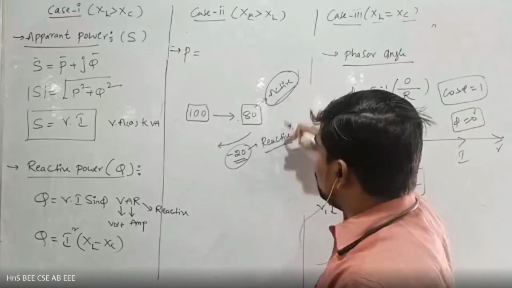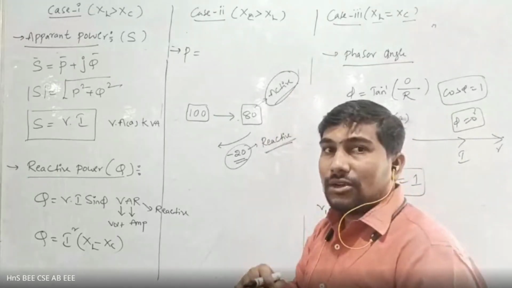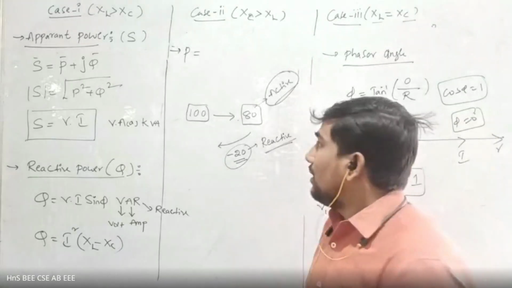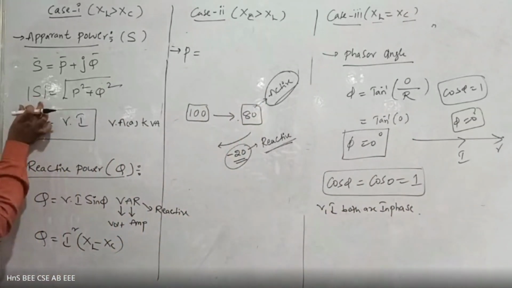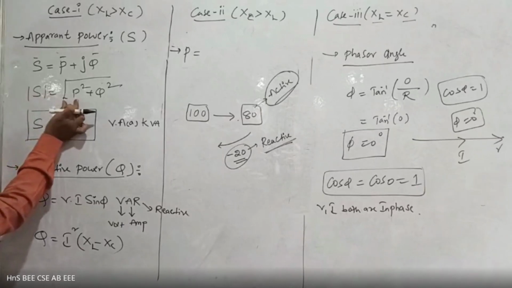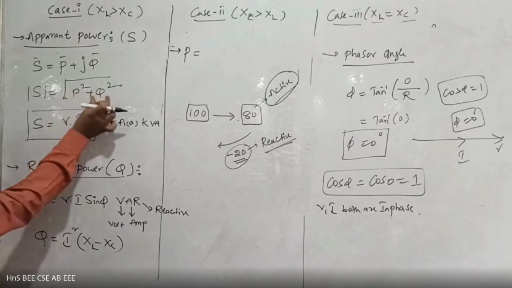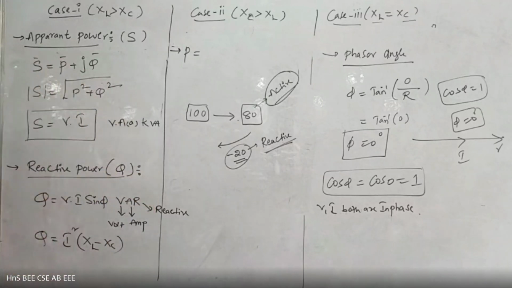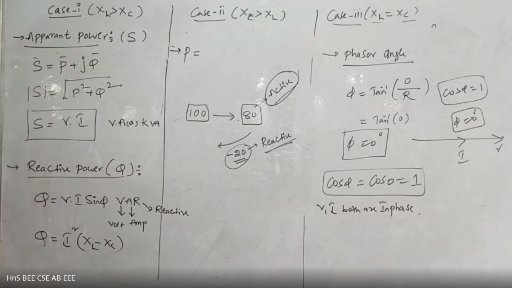Now the combination of these two powers, active power as well as reactive power, there is another power. That power is called apparent power. Okay, total we have 3 powers. That's why I'm writing the total apparent power equal to total power, total 100 rupees equal to used power plus unused power. Unused power we write in imaginary, used power we write in real part. The combination of these two powers is some power that is called apparent power.